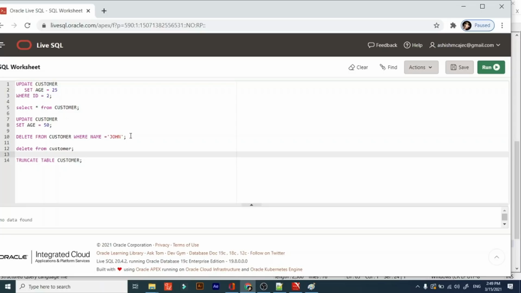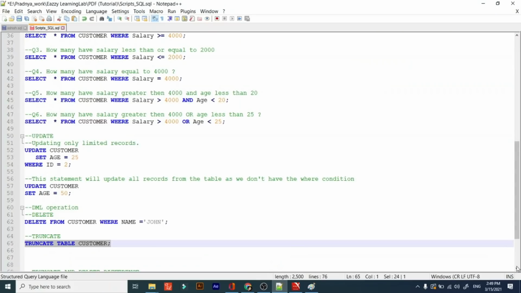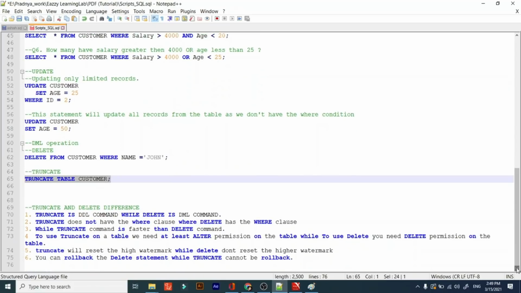So in my next one, what will happen if I don't mention the where clause? See what will happen. That's why I am putting emphasis on the where clause. You have to put a where clause. Think: if you don't write the where clause while updating, what will happen? See, all 4 records' ages have been updated.